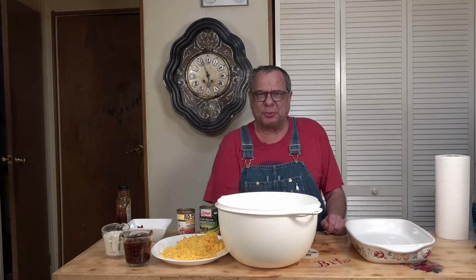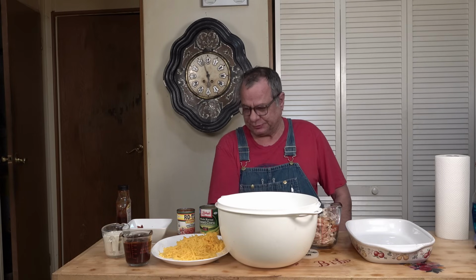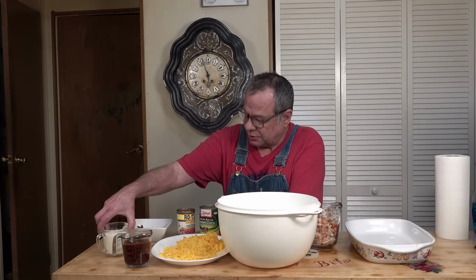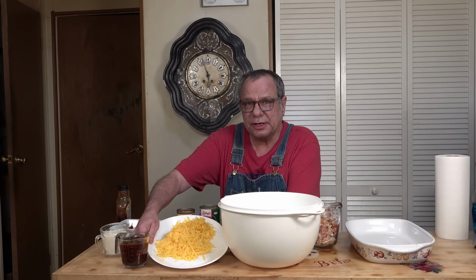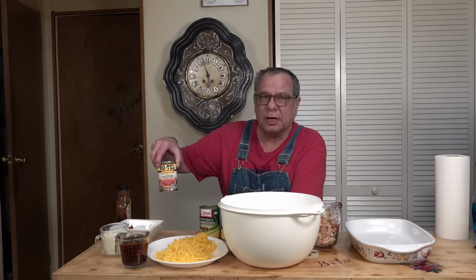All right, now we're going to put that chicken to use here. So we are going to make a barbecue ranch chicken casserole. So what I have here is a cup of barbecue sauce, a cup of ranch sauce, half a pound of bacon, 8 ounces of cheddar that I grated, one 10-ounce can of Rotel, I use original,